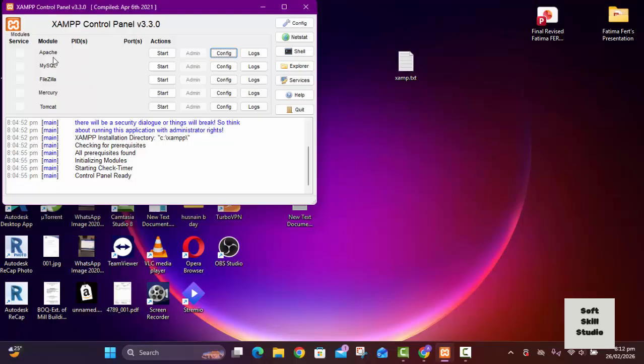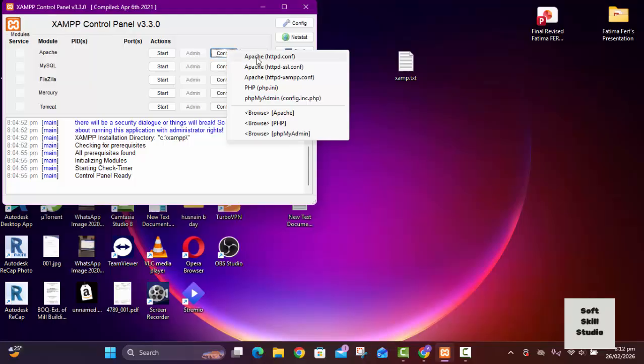To run WordPress you can activate Apache and MySQL. The first time you download and install it, Apache will not work, so I will tell you how to make it work. For this you can select Config and first select Apache config,